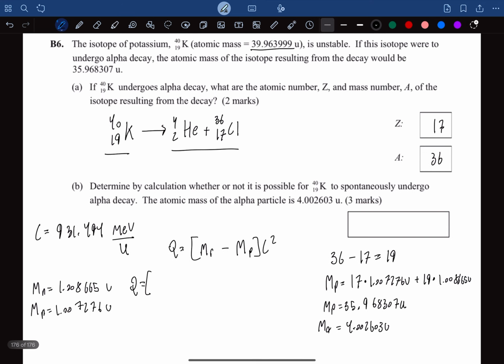If we do this question, Q is going to equal the value up here, 39.963999 U, minus these two values we got here, 35.9683 U plus 4.002603 U. And then we'll multiply that by 931.494 MeV per U. If you do that all in your calculator, you'll end up with a value of negative